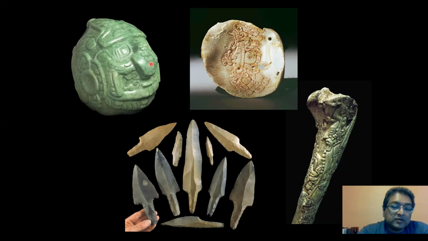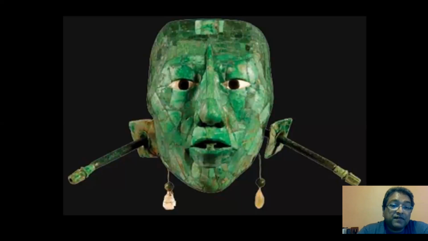This is one of the largest pieces of jade that we have ever found in the Maya area. It weighs almost 9 pounds, and is the representation of a god, Kinich Ahau, or god of the day, or the god of the sun. Carved shell monuments, really fancy stone spear points, and in this case, even a carved human bone. This is found in a burial and would have been placed as a trophy or an offering with a king who had died.